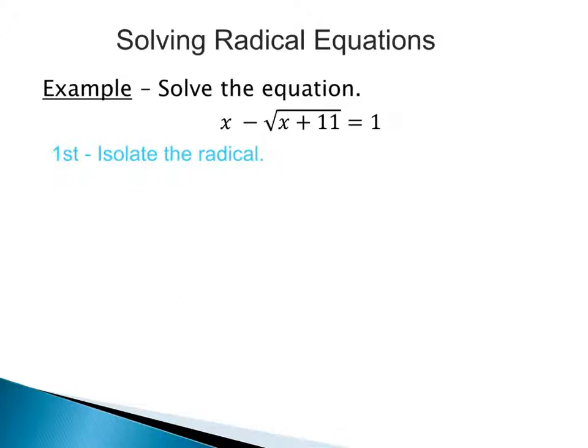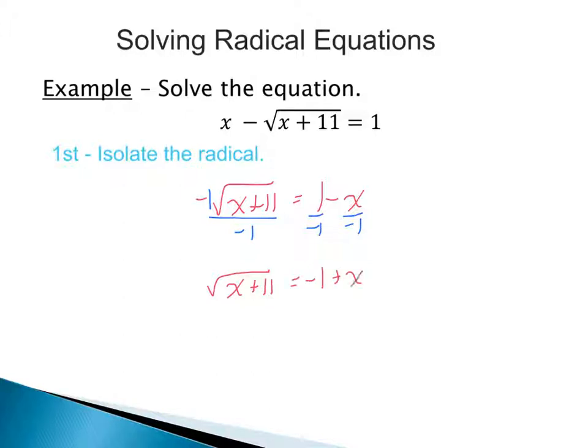So I'm going to move the x over first, and when I move the x over, that means I'm going to be left with negative square root of x plus 11 equals 1 minus x. I still have that negative in front that I need to get rid of, so that really is like a negative 1. So I'm going to divide everything by negative 1. So on the left, divide by negative 1, negative 1, negative 1, so that we can see that we're going to be left with the square root of x plus 11 equals negative 1 plus x, which you can keep that way, or I'm just going to reorder this. That way we have the square root of x plus 11 equals x minus 1.